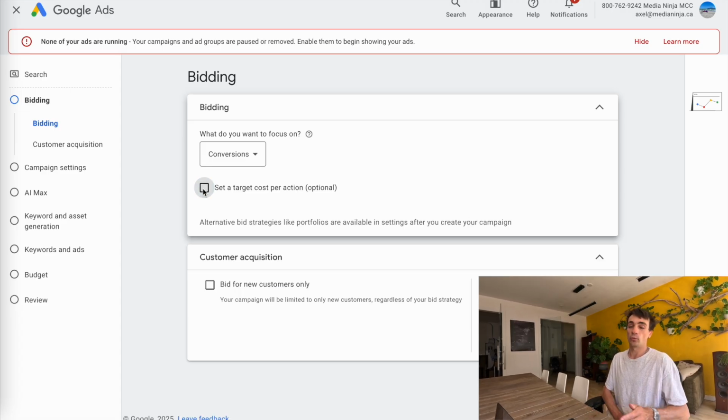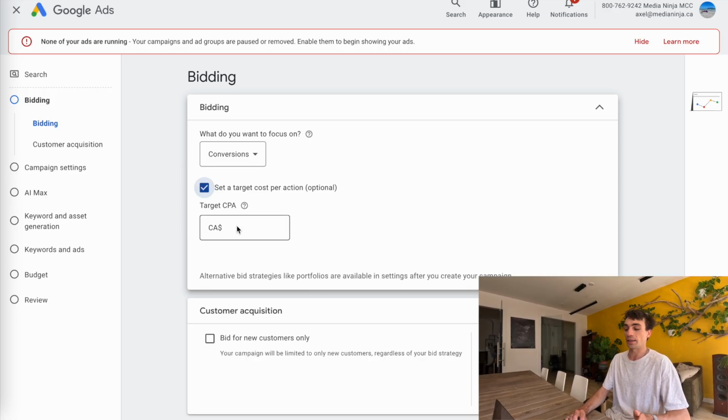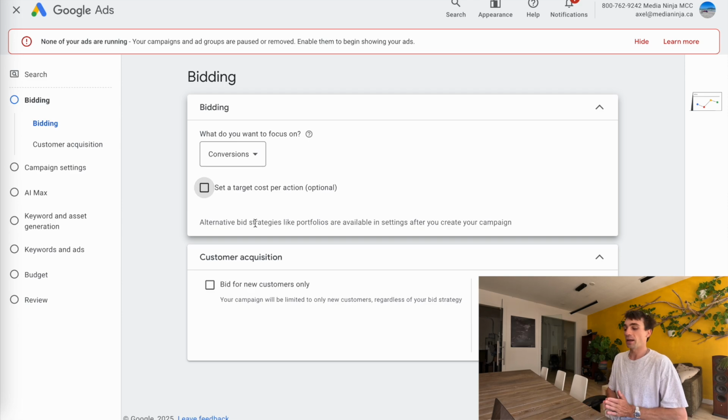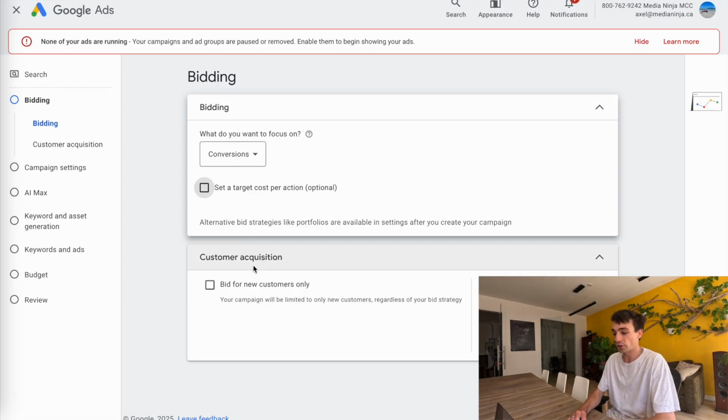Let your ads run. Once you have 20 to 50 conversions and you know what your cost per lead is, you can then go back into here, tick this box, and correctly implement a TCPA. But right off the bat, I suggest you don't do it, because often your campaign won't even run and won't spend any money until you take it off. And in terms of customer acquisition, bid for new customers only, I'm going to leave this unticked as well